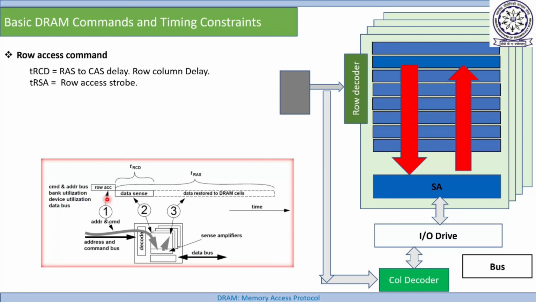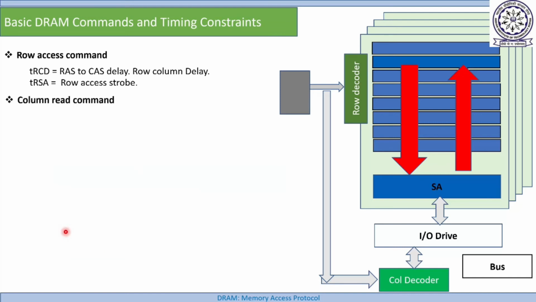So you can see here that for the row access command, only two phases are working. The first phase is in the command and address bus, and the second phase is only using the bank utilization, which means that the row access command is only working on the bank. It has nothing to do with this part. That's why it is not doing any work in these two phases. That's why I said, when I was explaining the generic command, that every command has multiple phases, but it is not necessary that a command works on each phase.